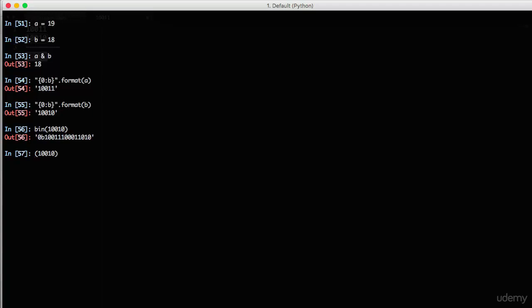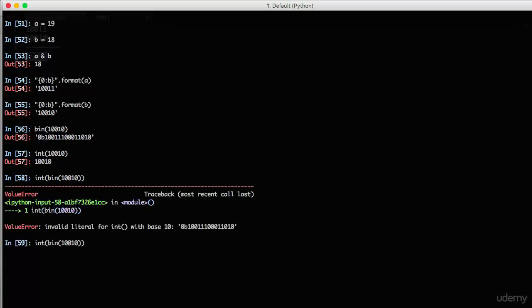If you want to convert the binary format to an integer, you need to use a function called int. Alright, so this is the value of 18 actually.